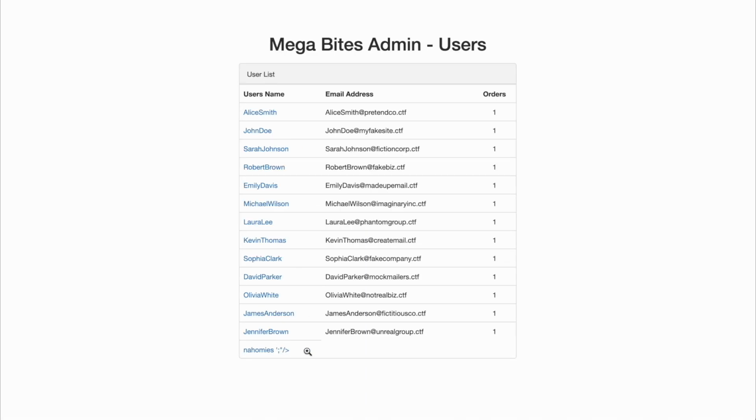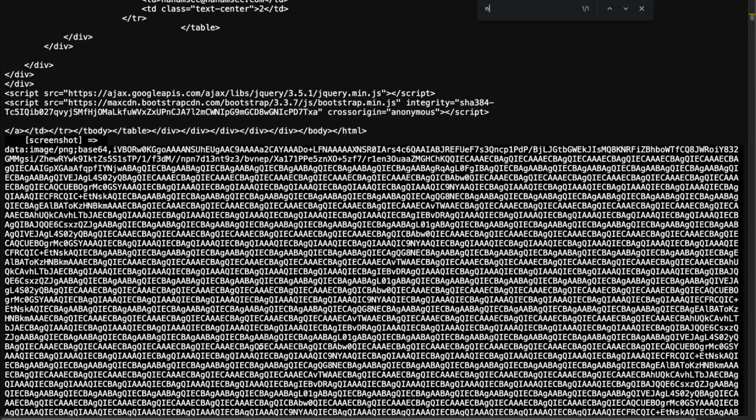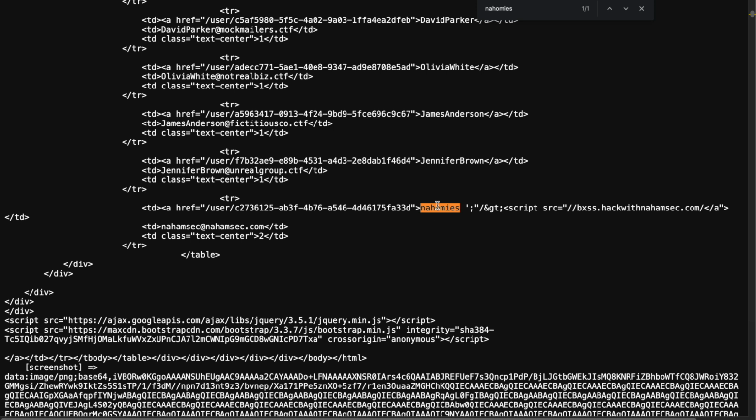And you can see this is what I was showing you earlier. It is in the same exact spot as I showed you earlier, but the difference here is that we can see the screenshot. Again, you don't have access to this. This is why the screenshot and the DOM are so important. By seeing this, you can go back and type in Nahomi's, for example. This is the word that we can see our injection is next to,